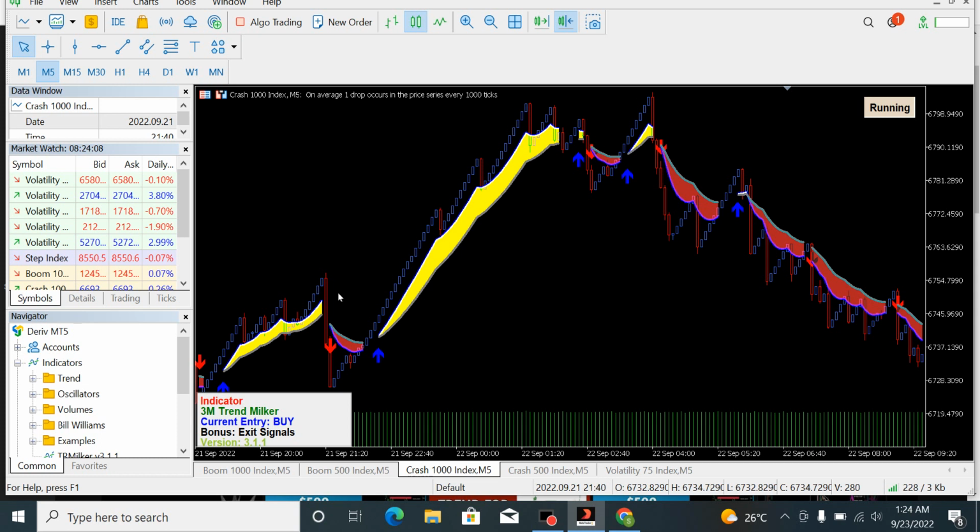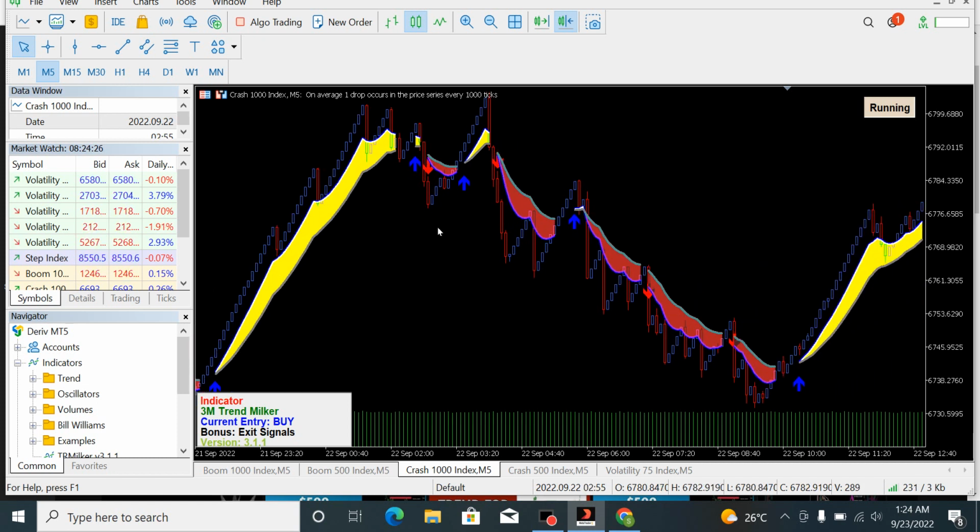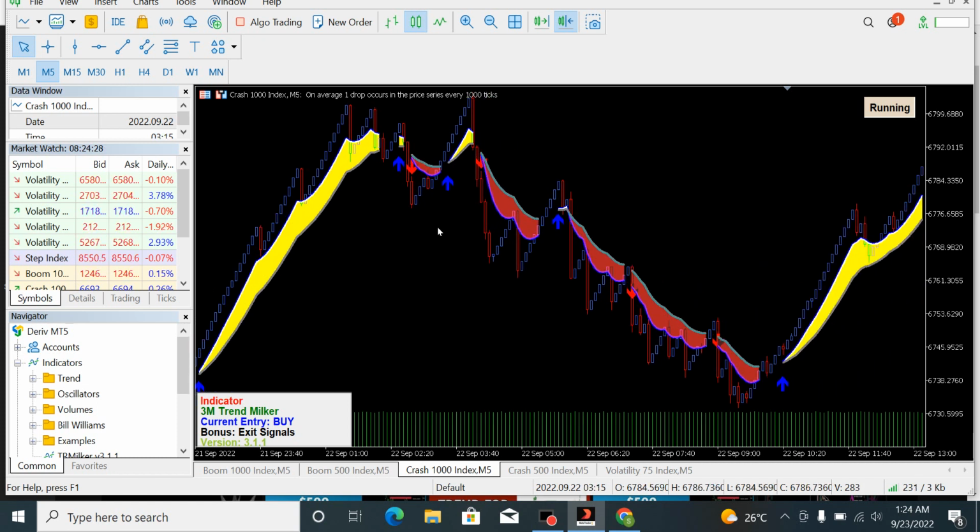So here is a resistance zone around there, and it was broken. It didn't even respect it at all. There was no spike happening around there. It happened here, but it didn't happen here. The reason is the market is not in favor of spike trading at this point. So that is why you don't need to bother yourself about spike trading at that point. You just trade the normal trend at that point.